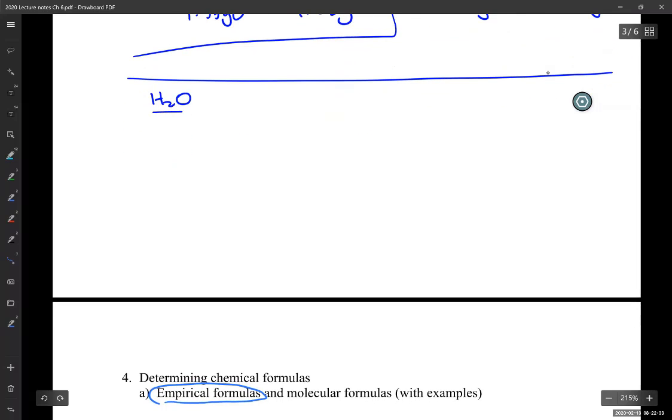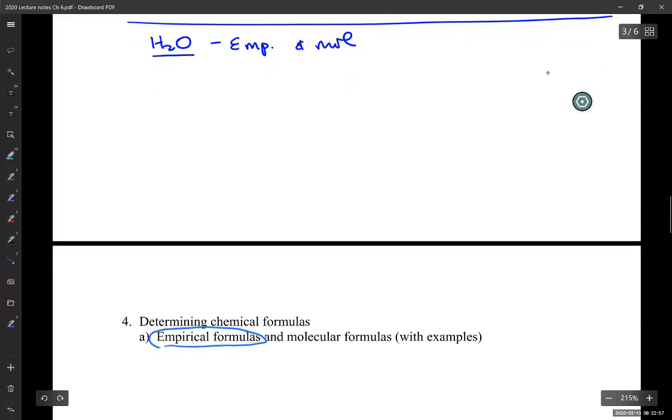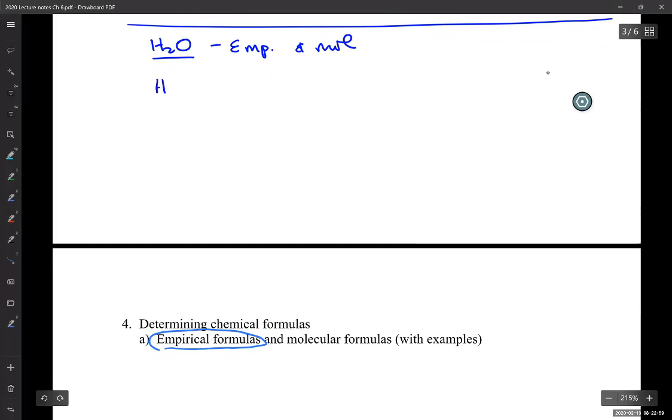So for this one, right, the most simplified version is itself. It's both an empirical formula and molecular formula. Because we know the water molecule, its formula is H2O. Okay? But you only know that because you know water's molecular formula. I mean, that's been burned into your head like it's in advertising. It's all kinds of places. If you see H2O2, all right, that can't be an empirical formula because it's not the most simplified version. An empirical formula for that